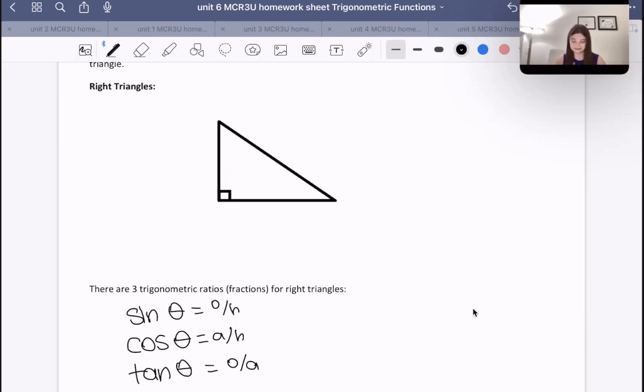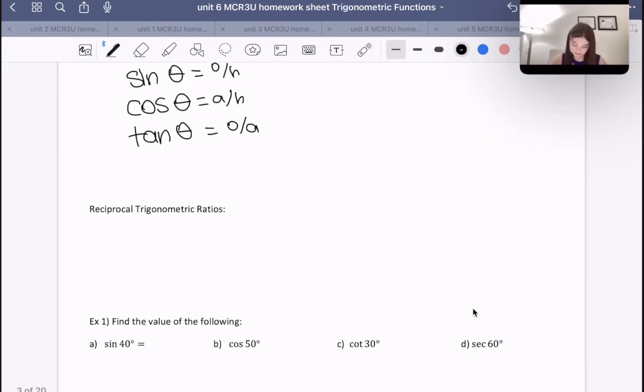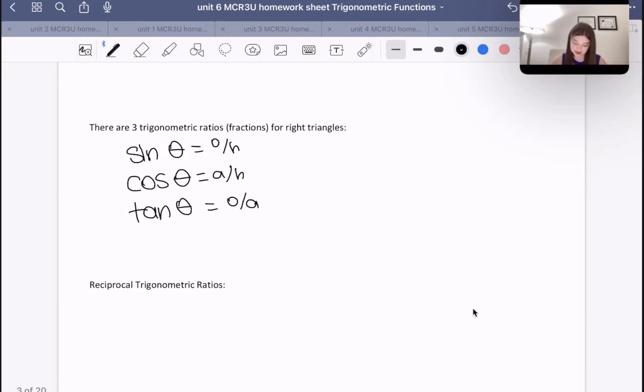All right. Now, what about reciprocal trigonometric ratios? So basically, there's three reciprocal trigonometric ratios I'll go over. These ones are honestly not that useful and will not be used that much, but it is still good to know them because they may come up on a test, or they may come up later when we talk about trigonometric identities in a future course. So reciprocal trigonometric ratios. So the reciprocal of sine is